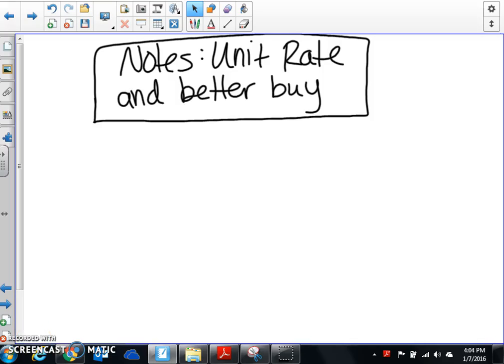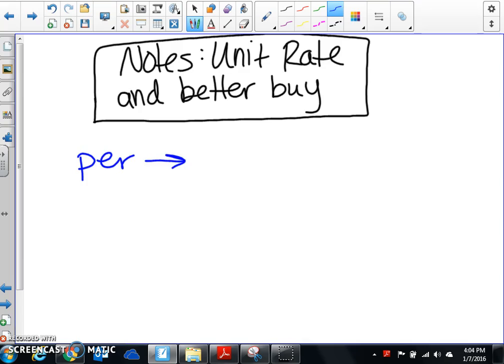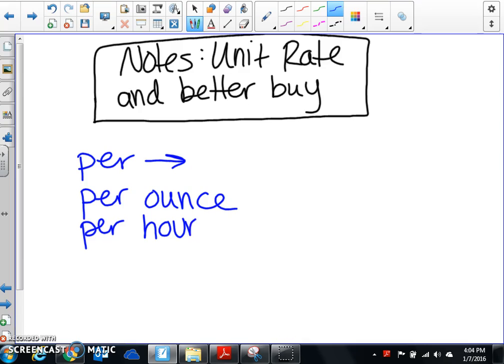Okay, so for unit rate and better buy, you're going to see things like this. You're going to see per something, so per ounce or per hour, anything like that, okay? The biggest thing that you need to remember is that if they give you anything with